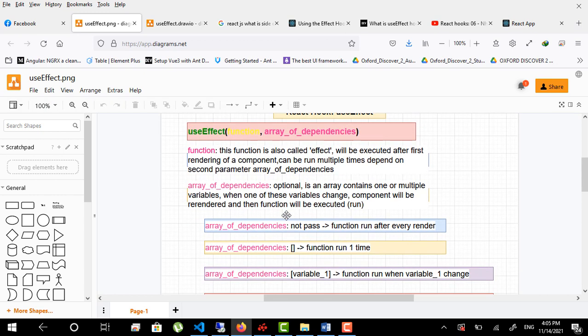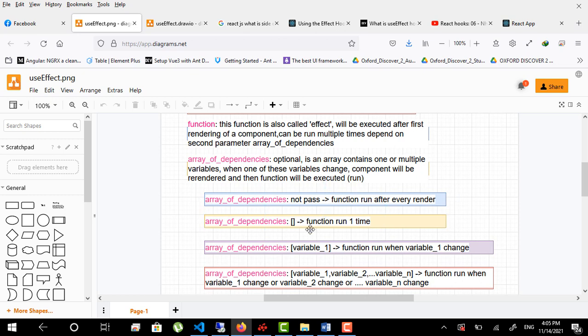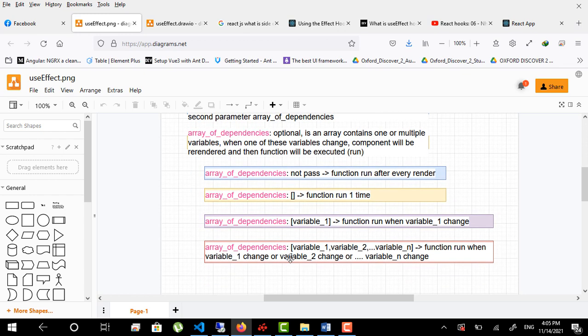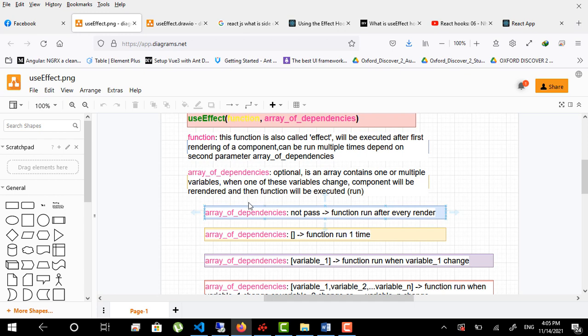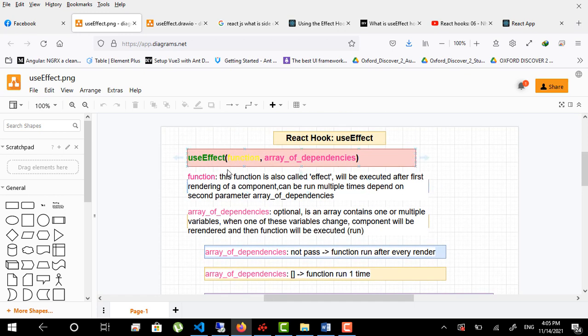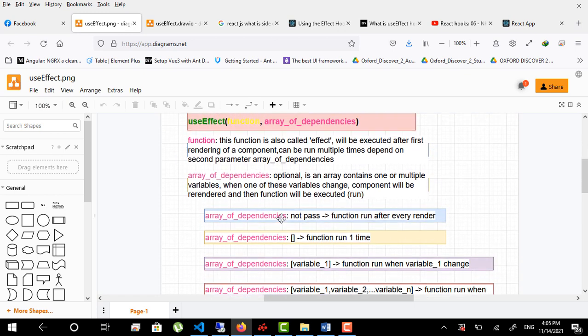In the next video, I will show you the detailed implementation, of course with examples, so you can really understand how we can use useEffect in